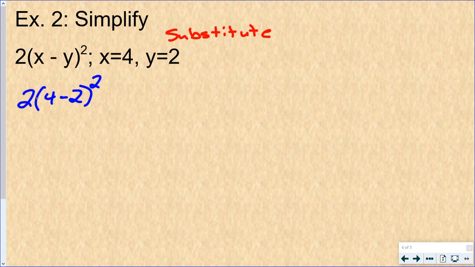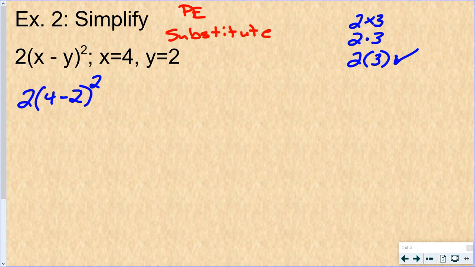Now, a number next to parentheses here means multiplication. So there are 3 different ways you can show multiplication. If I want to show 2 times 3, I could use an x, I could use a dot, or I could use parentheses. In algebra, you typically write multiplication using parentheses. And you really don't use the x very often because x represents a variable. So you don't want to confuse people and have them not know if that's a variable or a multiplication sign. All right, so back to